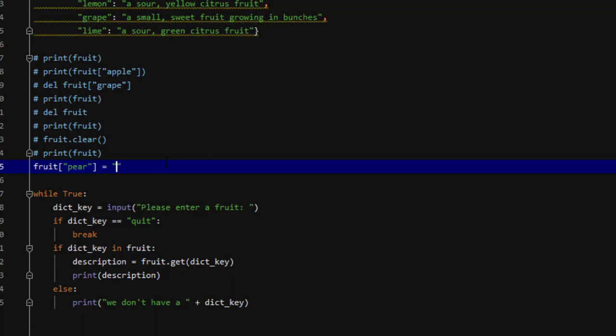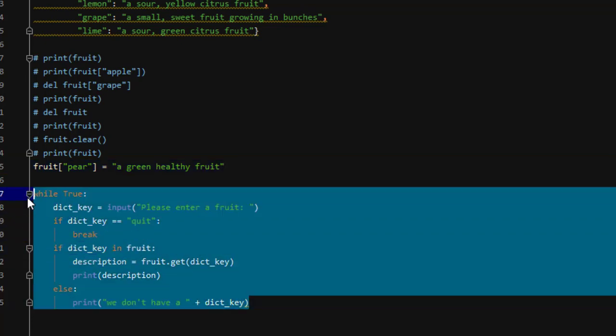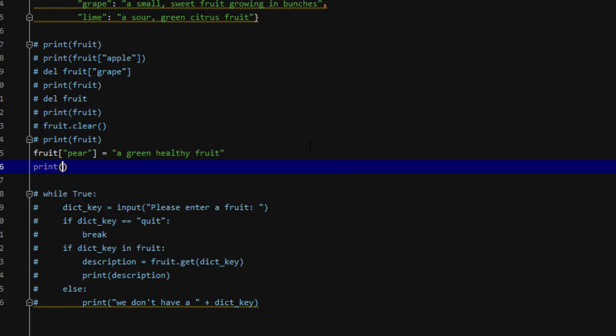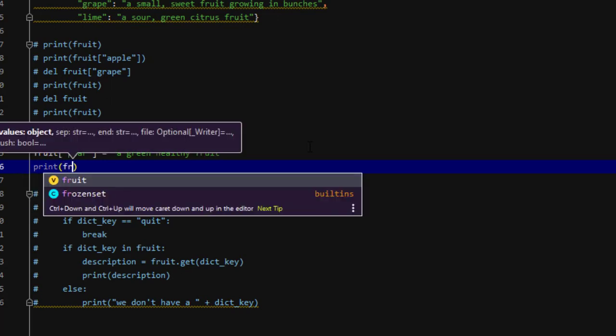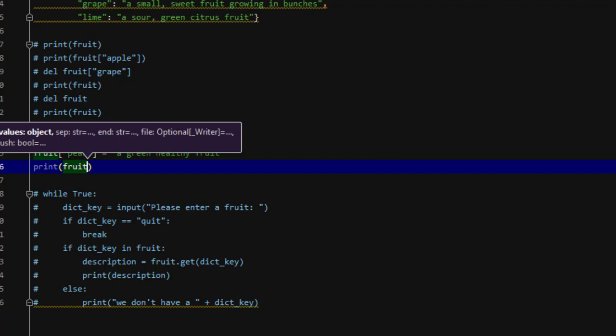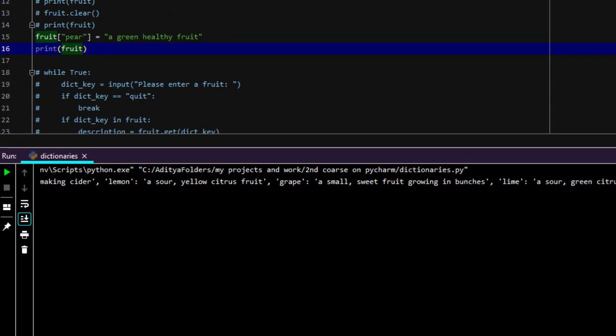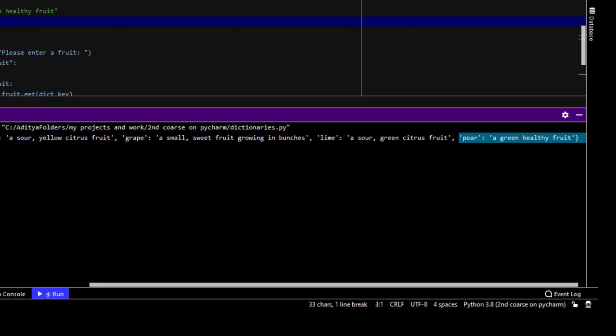I want to just give it a description, a green healthy fruit. Before running the loop, I'll just comment out the loop for once. So you can see here, we also have a pear now.